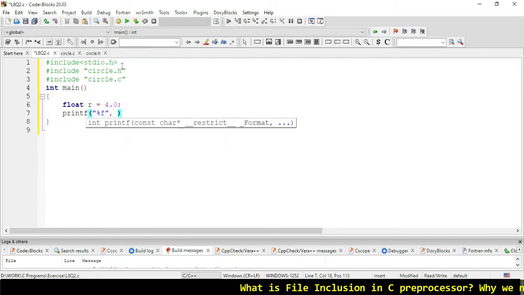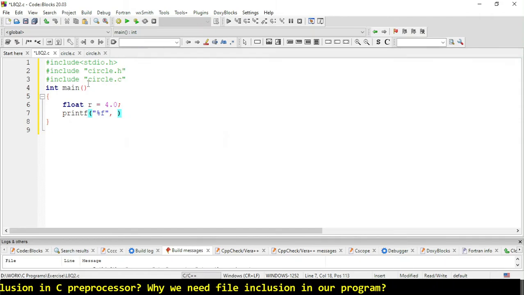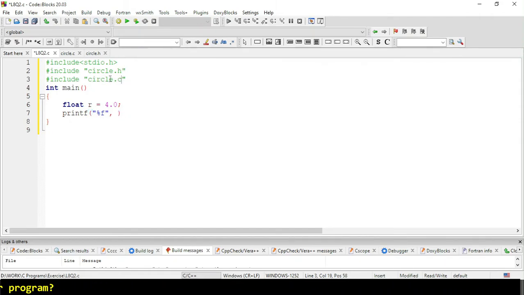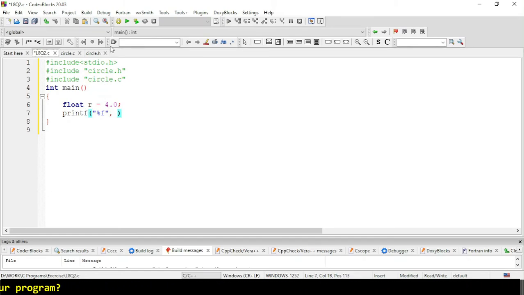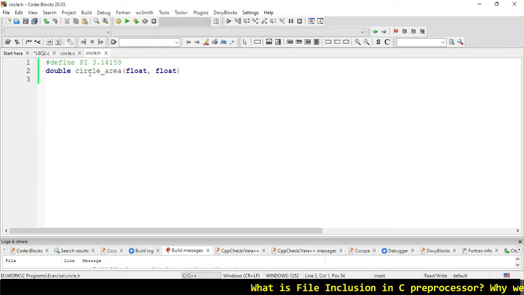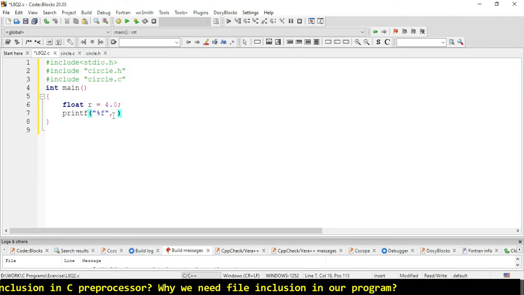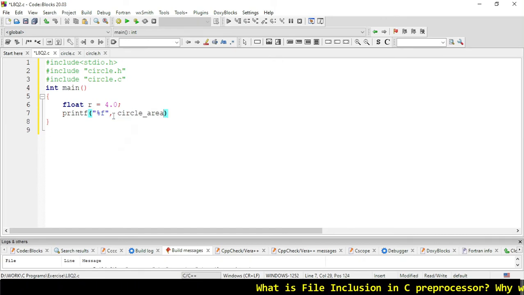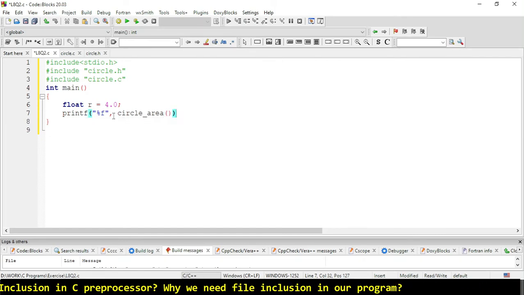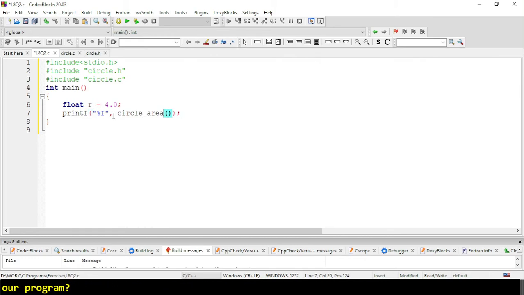Think about it and pause the video if you know, and write the function. So here we will just simply write the function, this function over here. We don't need to declare it over here. We just need to pass the function. It will be called from circle.c.